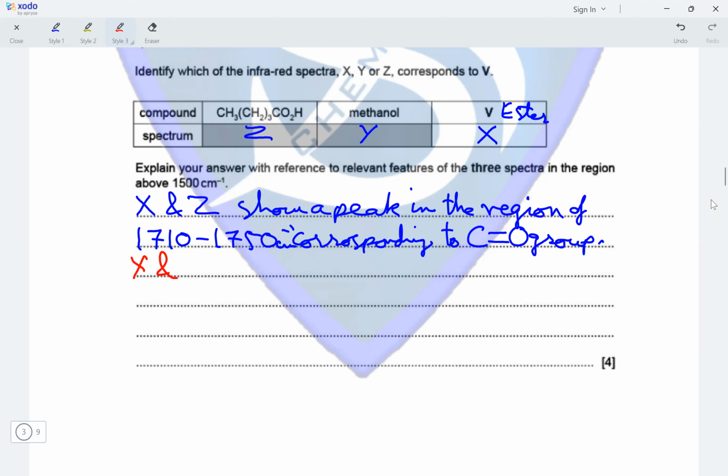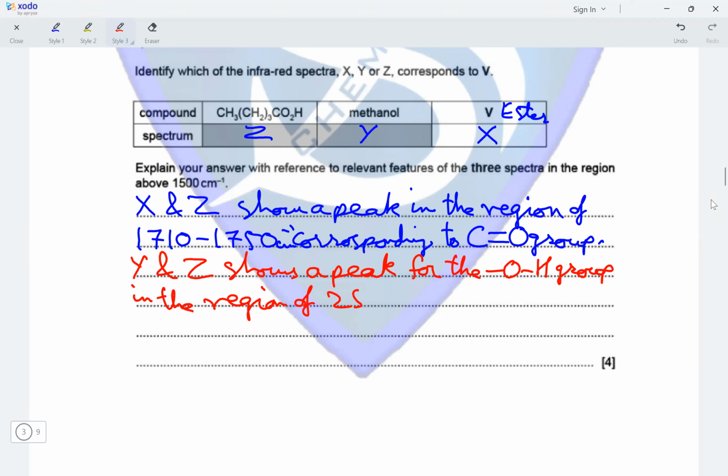Y and Z show a peak for the OH group in the region of 2500 to 3000 centimeter inverse,